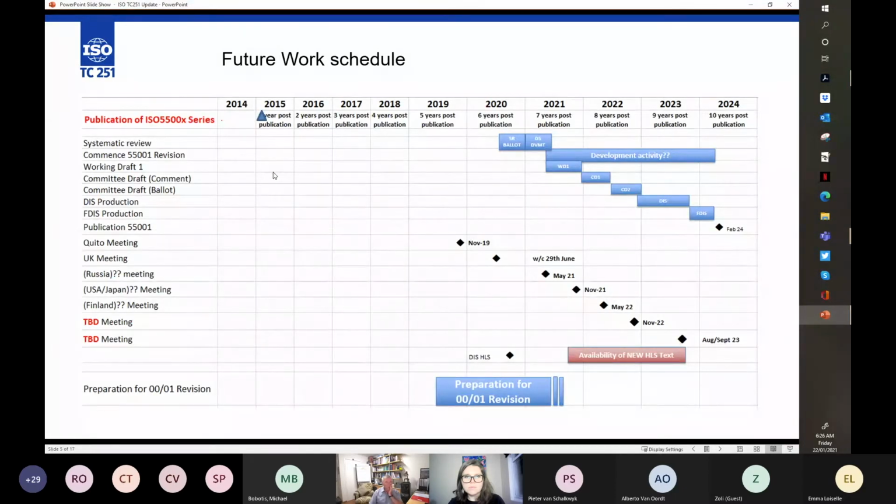So what does the future look like for where we are? You can see here that we've come from 2014, which was when the standard was issued, through to where we are now, just ticked over into 2021. So there's a whole raft of activities that have been going on, and a lot of this at the moment is in preparation to get the design specifications right, understand what the appetite is for change. So we don't think, oh, well, we'll just change the standard now. We actually do survey the market to see whether people think there's going to be a change or needs to be a change. And then there's quite a rigorous process that we go through to develop that.